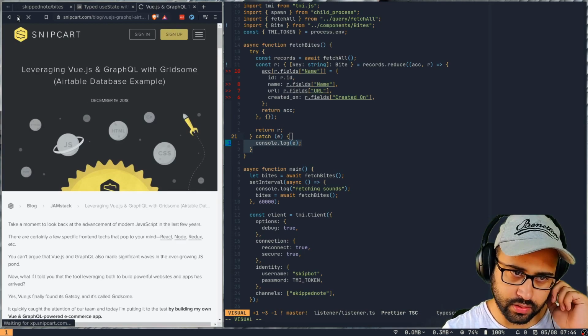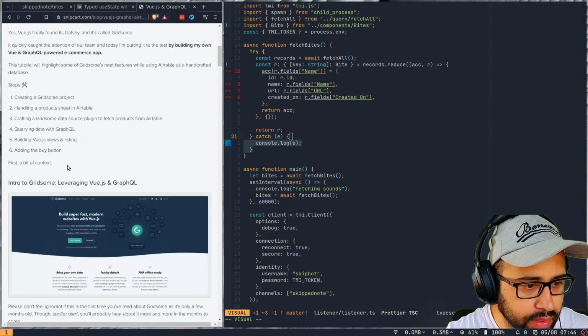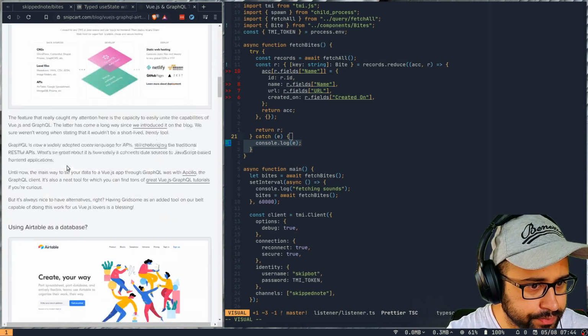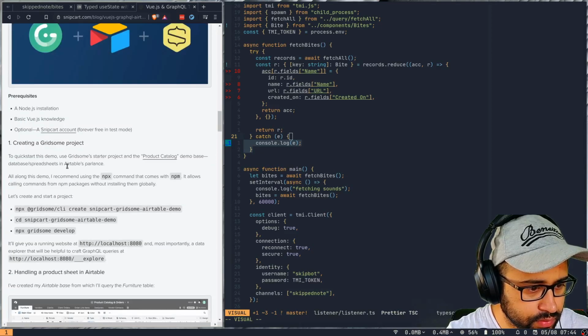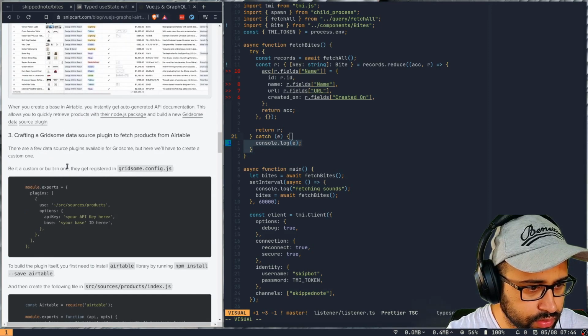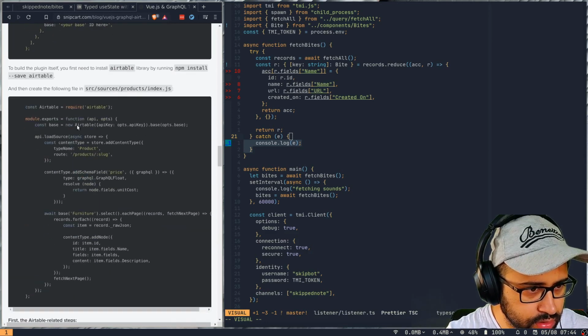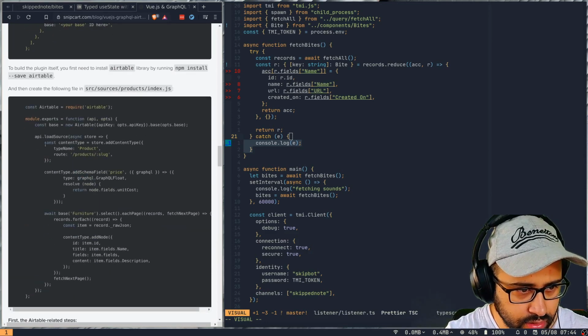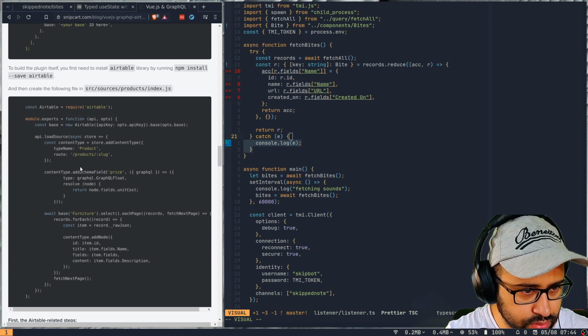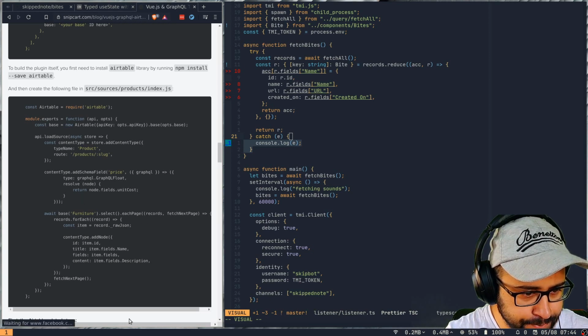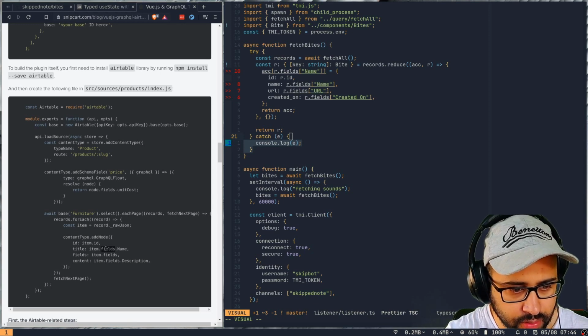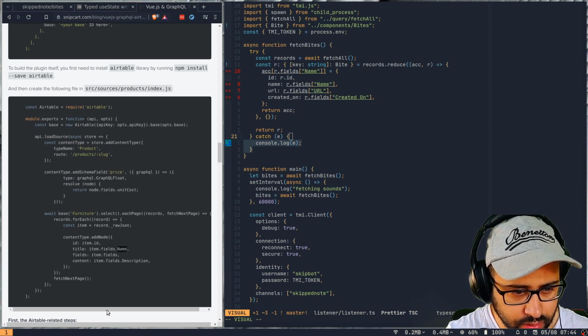Okay, let me see this one as well. Airtable data example. So they put in all of these details. They have Airtable here. They load a source. Yeah, they do this field.name, right?